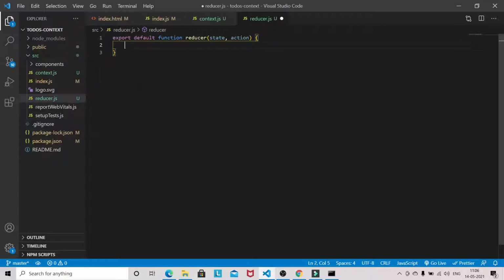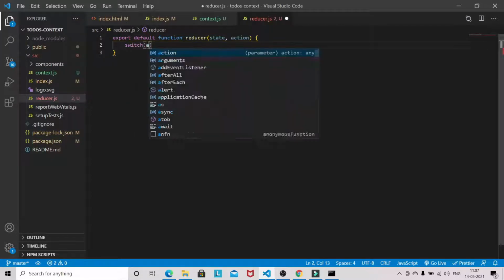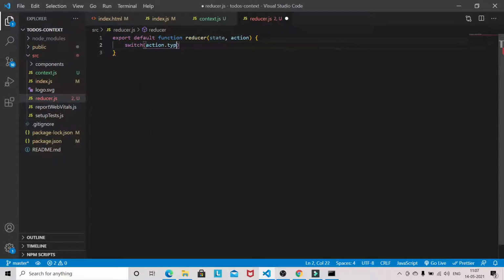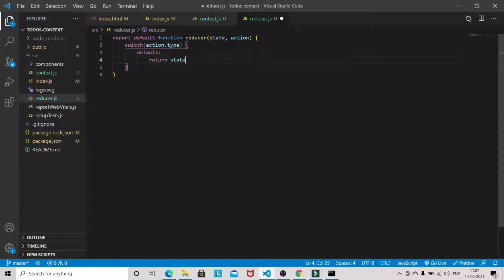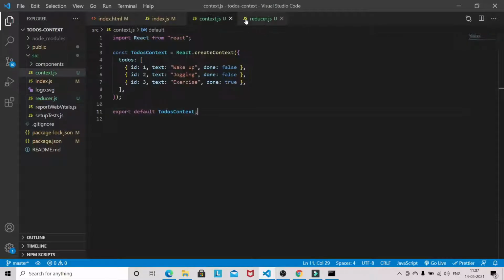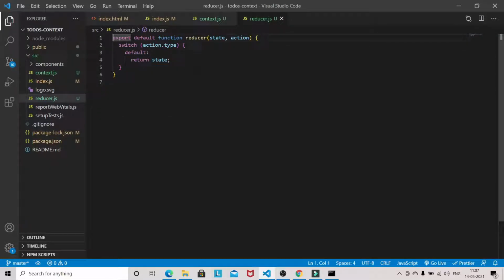So initially we'll be just writing the default state here. Okay, so in default basically return the state only. So the basic context and a reducer we have set up.